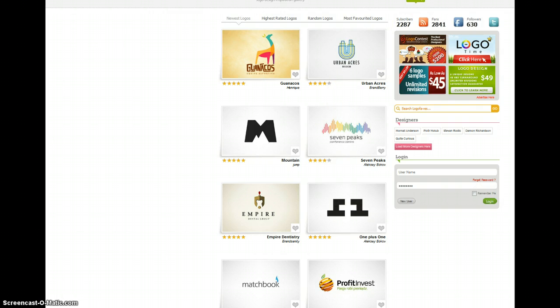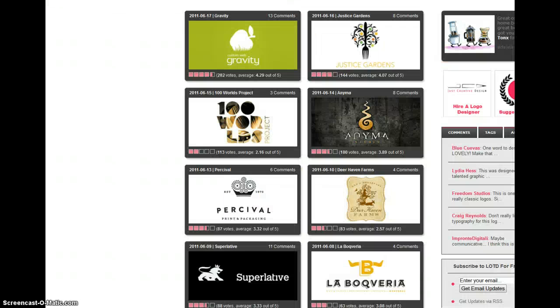Lastly, the logo of the day. This one caught my eye, Garden Justice, or excuse me, Justice Gardens. At first I looked at it and saw the fork and the fruit up here and thought, oh, just like Olive Garden. But as I looked into it, and I can see how it represents it as I found out